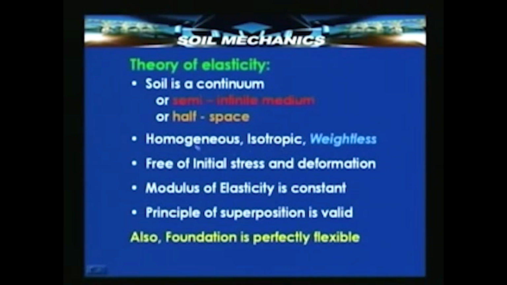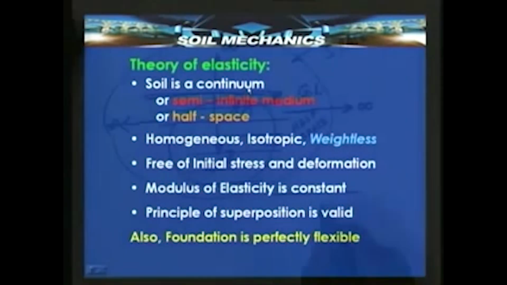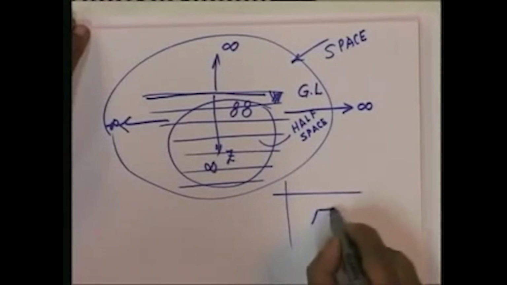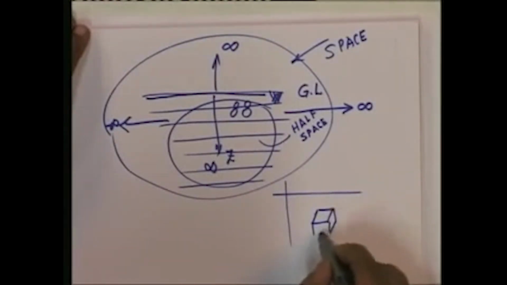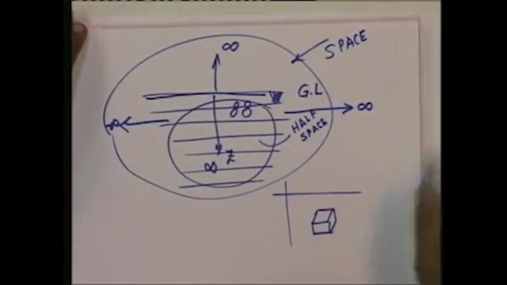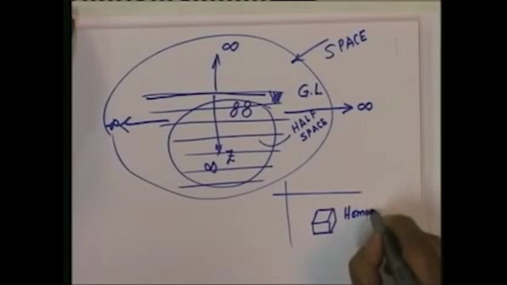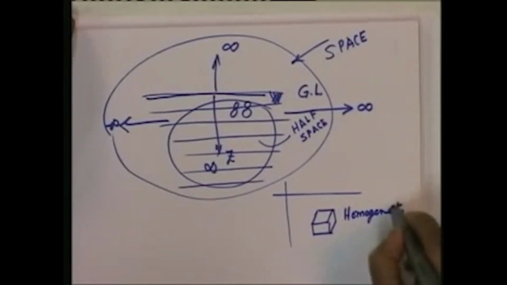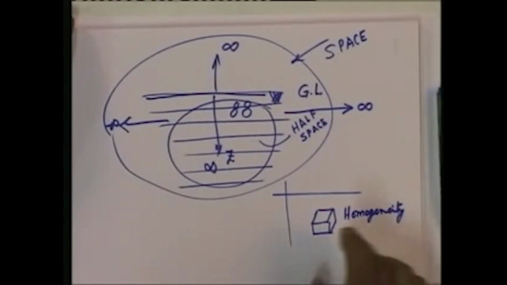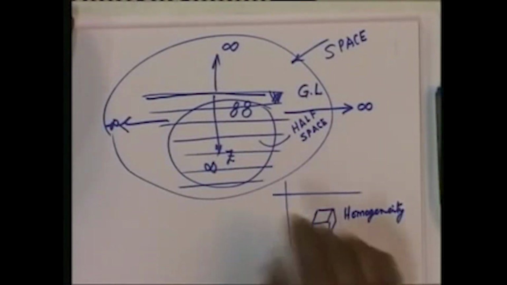The importance of the word homogeneous is that any element that is taken out of this continuum, like the one which we considered last time, if you remember, we considered an element like this. Any element inside the soil will be considered to be representative of the whole medium. So, that is the meaning of homogeneity. So, when we say the soil is homogeneous, we mean that any element of the soil, any element of this